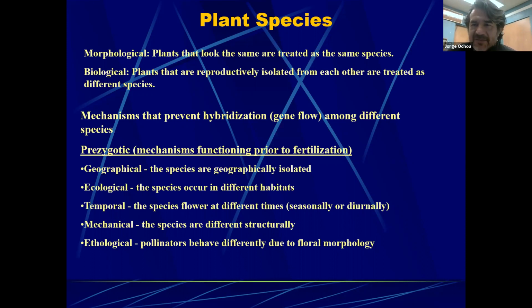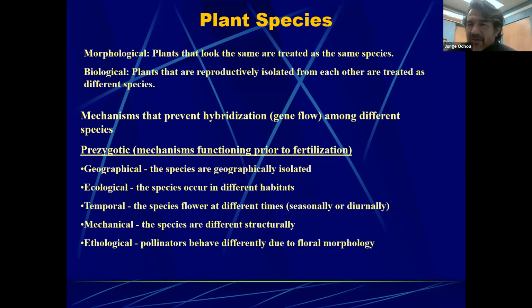Now, species can have different barriers, geographical barriers, that will prevent them from crossing with one another. And that's how they would separate from one another, eventually becoming different individuals. And so we have distance, geographical barriers that will prevent different plants from meeting each other. Now, we as humans bring them into close proximity, but if we're talking about nature, they would never meet each other because one of them is going to be in Asia, the other one is going to be in America. So there's going to be geographical barriers that are going to prevent plants from crossing.